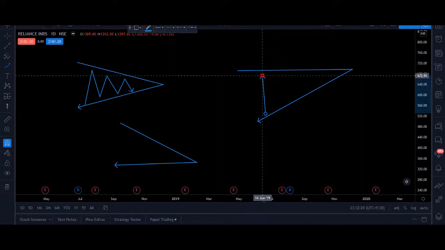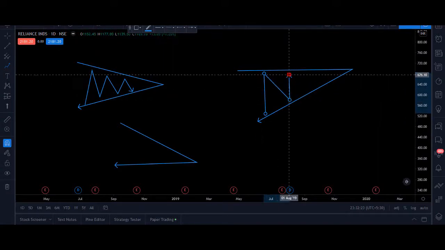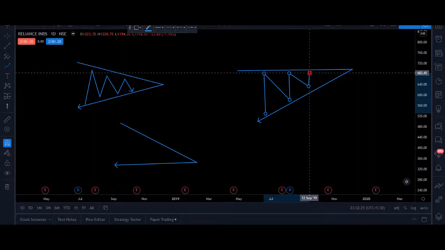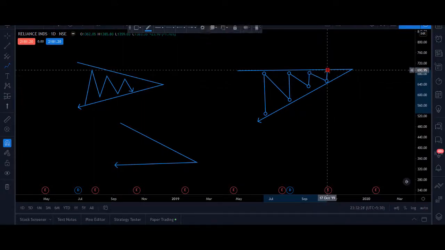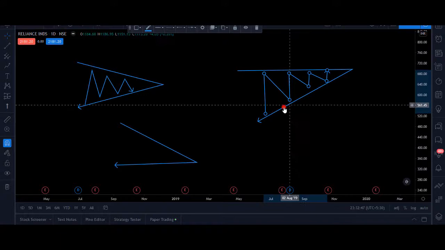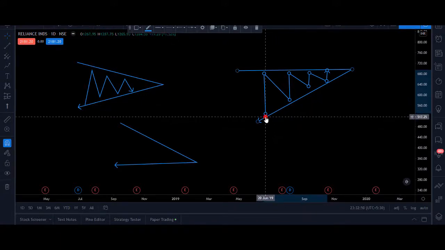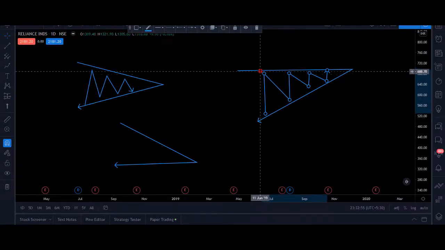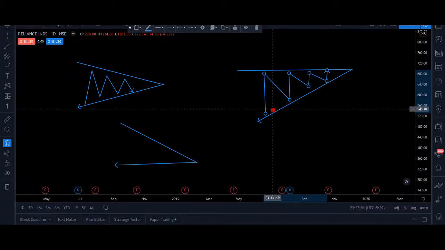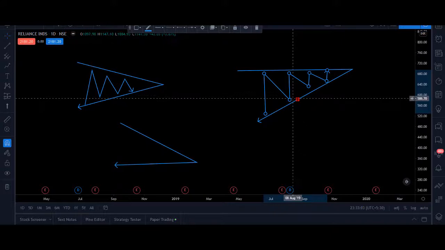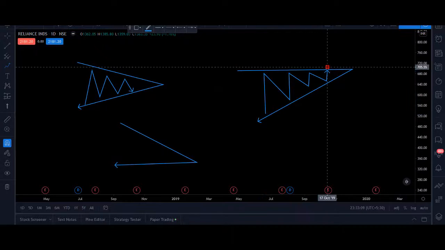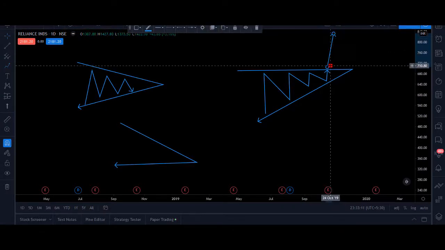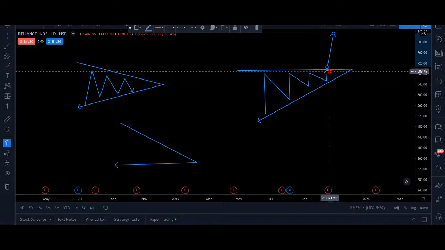In the ascending triangle, the price moves something like this. An ascending triangle can be found only in uptrends, and it's also a signal of a breakout for a massive uptrend. When you look at the ascending triangle, you can clearly see the price moving upwards. Here the buyers are making their maximum effort to push the market, and here the sellers created the resistance, which is this point, but they are not able to break the support. So the buyers get aggressive and keep pushing the price upwards, and at one point the price will break out and move to the top. This is what happens in the ascending triangle.